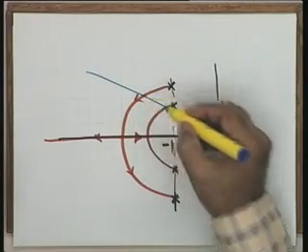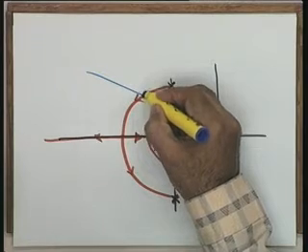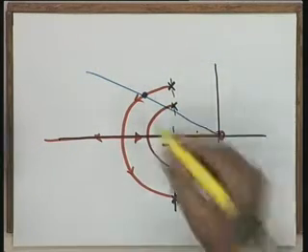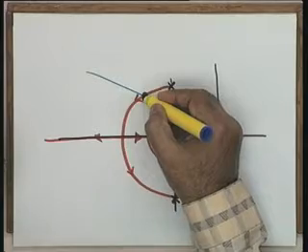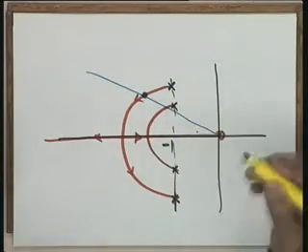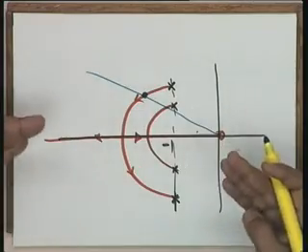The only thing is that now instead of investigating this point, you investigate the value of k, the root locus gain at this particular point, and the value of k which you get at this particular point divided by 100 is the value of kt. So, if you have visualized, slowly I have given you a procedure of using the root locus for studying the effect of two parameters instead of only one parameter.